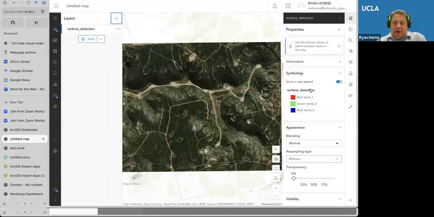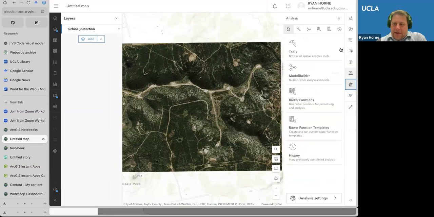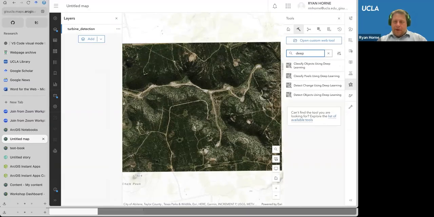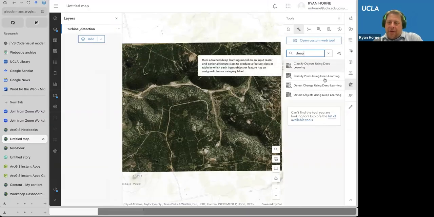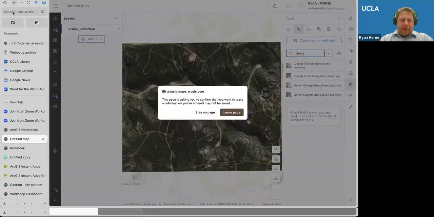And by putting that image in, and then running, which you can do in the map, if you click on analysis, you will see that we have tools, and we could do things like deep learning. There we go. Classify objects, detect change. These are all different kinds of pre-trained models that they have. And by running those pre-trained models,